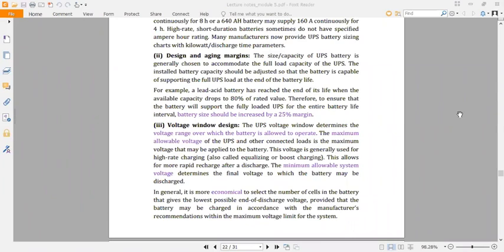डिजाइन एंड एजिंग मार्जिन कहने का क्या मतलब है? हम लोग जो बैटरी सेलेक्ट करते हैं, कि व्हाट शुड बी द साइज ऑफ द बैटरी। ओके, तो नॉर्मली हम लोग देखते हैं कि अगर हमारा रिक्वायरमेंट है सपोज